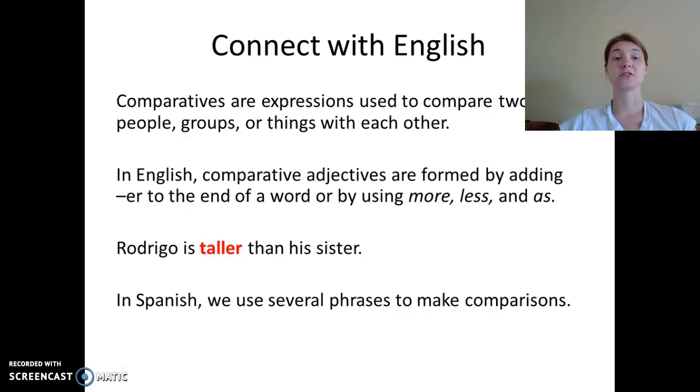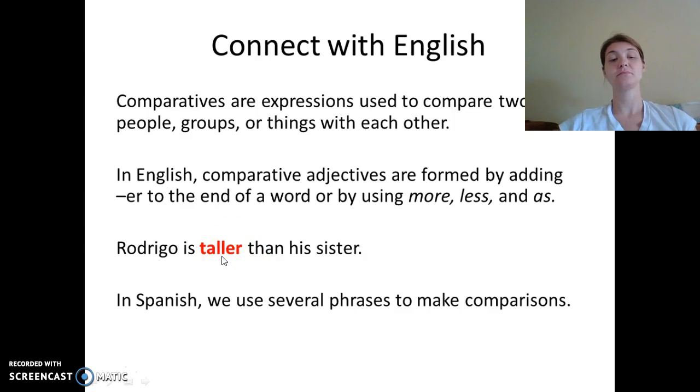First, connect with English. Comparatives are expressions used to compare two people, groups, or things with each other. In English, comparative adjectives are formed by adding er to the end of a word, or by using more, less, or as in the sentence. For example, Rodrigo is taller than his sister. We are comparing two people, Rodrigo and his sister, and the point of comparison is how tall they are. Rodrigo is taller. In order to make that comparison, we simply added an er to the end of the word